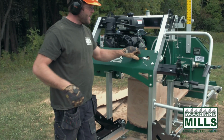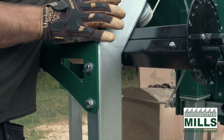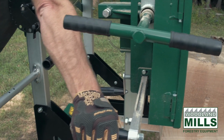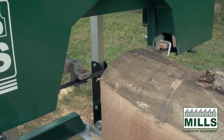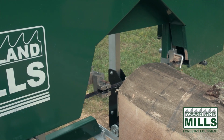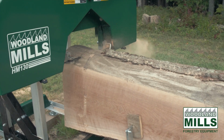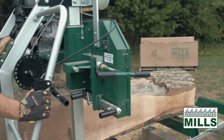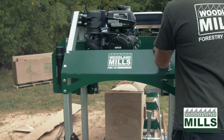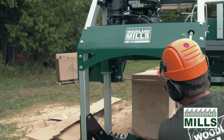I'm going to adjust the blade lubricant as well with a fine adjustment. I just want to speed it up a little bit. I can also bring the adjustable blade guide in, now that I have a nice square edge, just so I run about an inch off the log face. Because of the taper, I could have taken a much more aggressive cut there. If we eye this up to get me a flat cut all the way across,